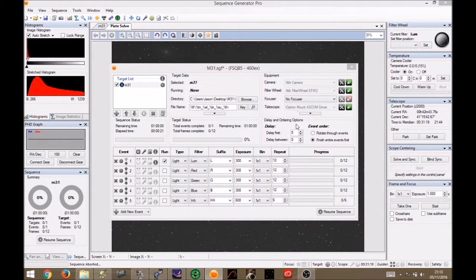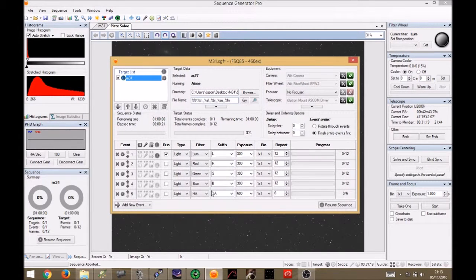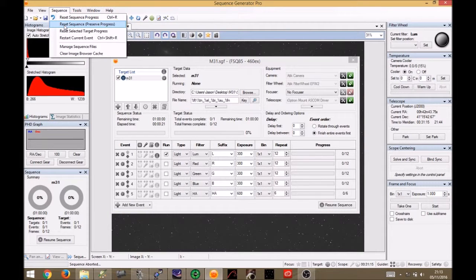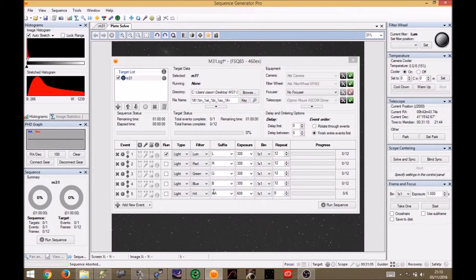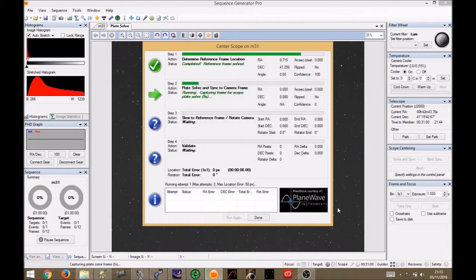Okay. Ignore that. Right, so now we're reset. Okay, so let's try that again. So we're going to run the sequence. Here we go. See, it's changed to PlateSolve. Right. So, had the reference frame. In fact,